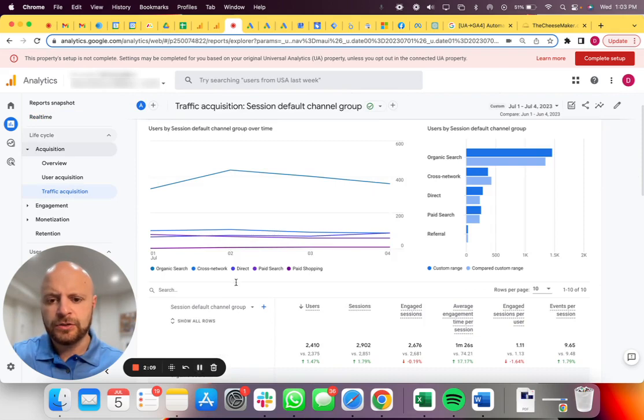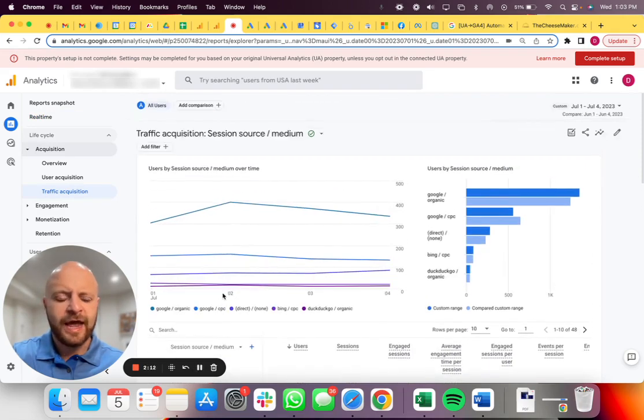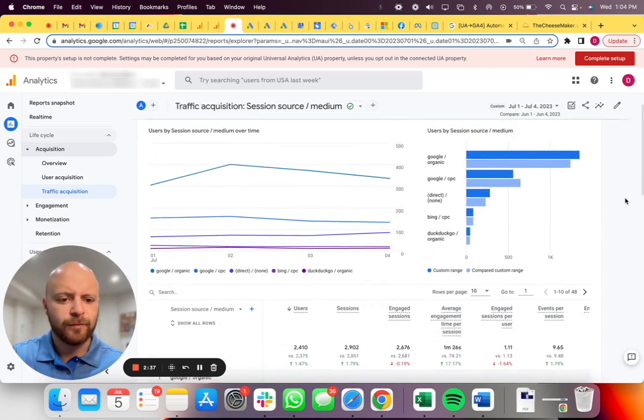Okay, so what am I looking at? July 1st through the 4th versus June 1st through 4th. One of the reasons I'm not looking at the previous year is because the market was very different for this client. Also, I didn't have revenue tracking installed on GA4 correctly last July. We did in June. So that's part of the reason we're looking month over month.